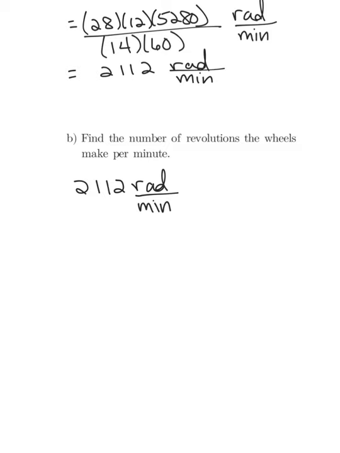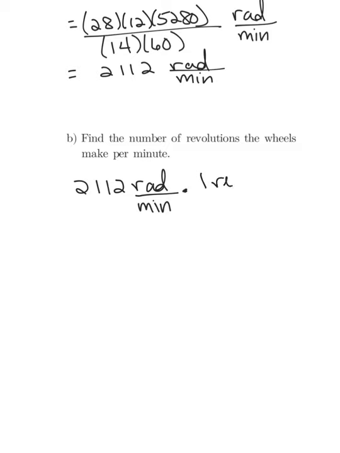If you think back to our last problem, we talked about the fact that 1 revolution is 2 pi radians. So what we really need to do is just take this answer and get radians out of it. So we are going to use the proportion that we know and take this times